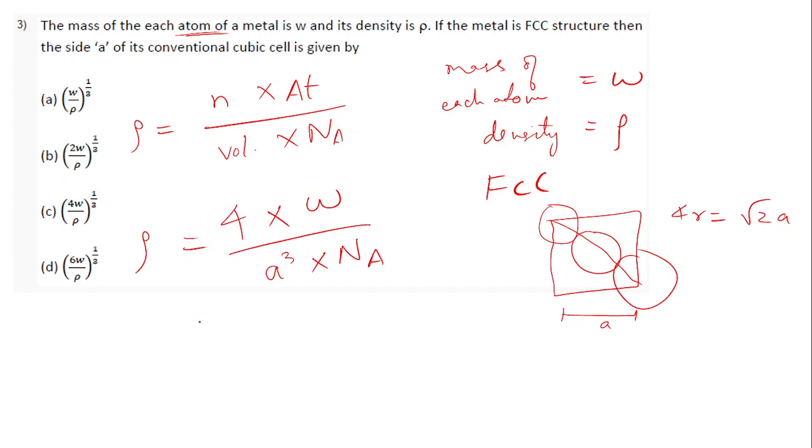Now we need to find out the value of a, that means we need to find out a cube. I'll take all these parameters on the right side, and unknown a cube I'll keep on the left side, and this will be 4 W divided by